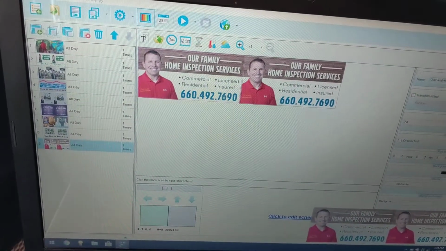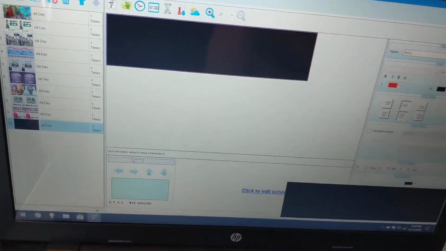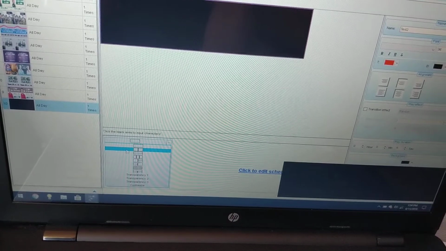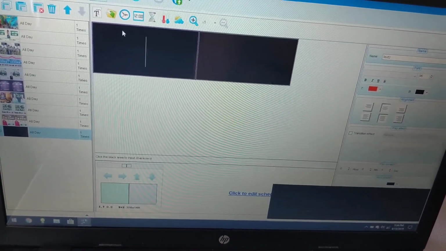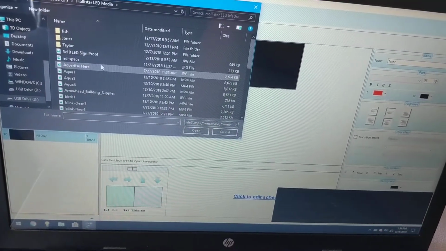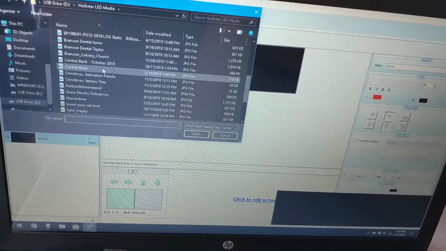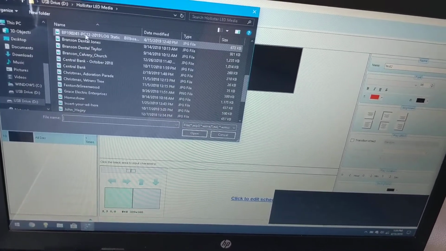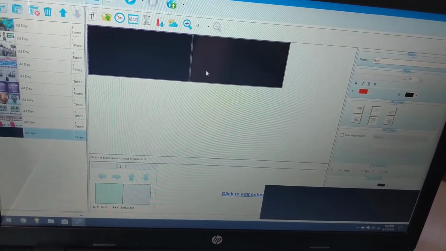So I'm going to create a new slide by clicking on the new slide button, and then down here the orientation, we're going to set it up to dual screen. Currently the left screen is selected, so we're going to open a file, and we're already here on the flash drive under LED media. So I'm going to look for this new image. This is the new image, so we're going to click on it. It's going to load in that Bass Pro picture,